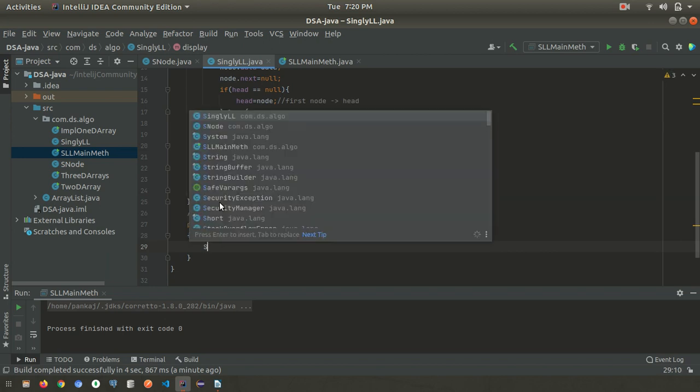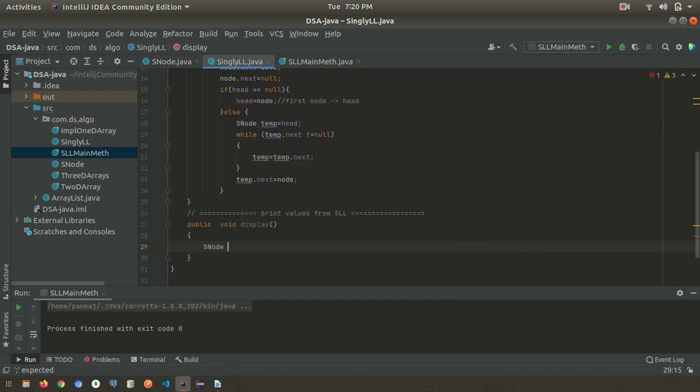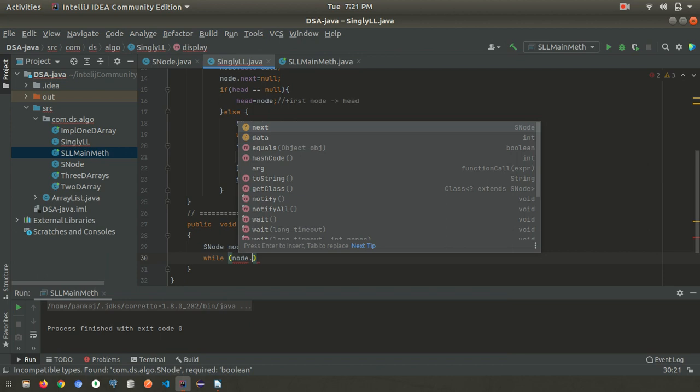So the node name is sNode, node equal to head. We start from head, then we can check whether this head reference is null or not. If it is null, it means this singly linked list is empty, so we can't do anything in that case, we can't print anything. And we can use a loop to go through all the node references, where we check that the reference node.next